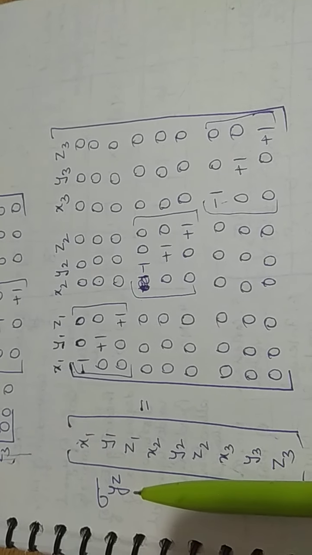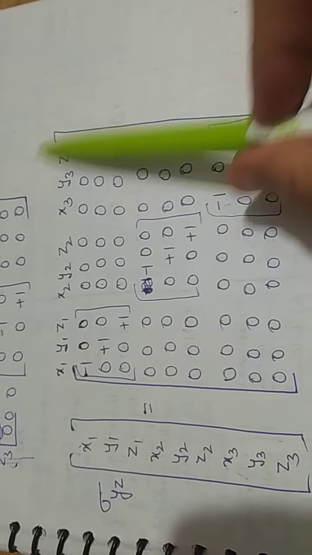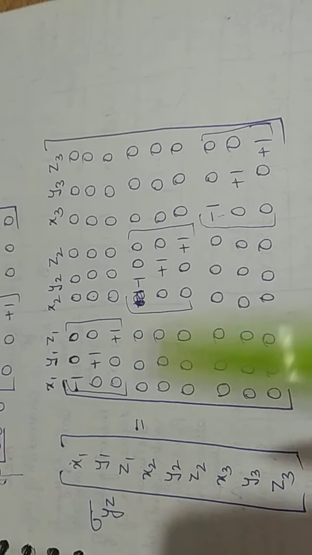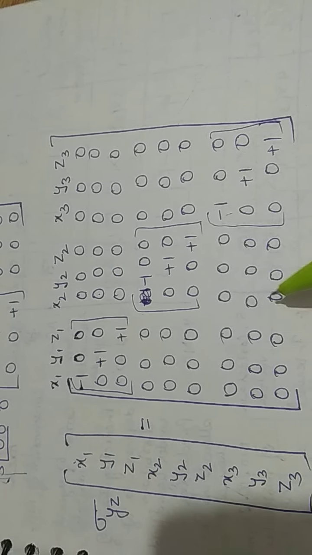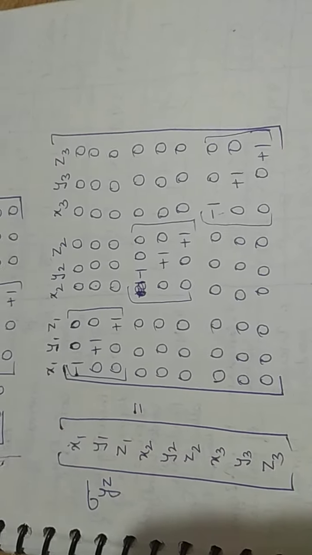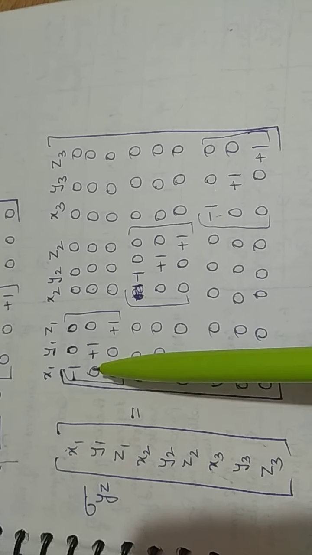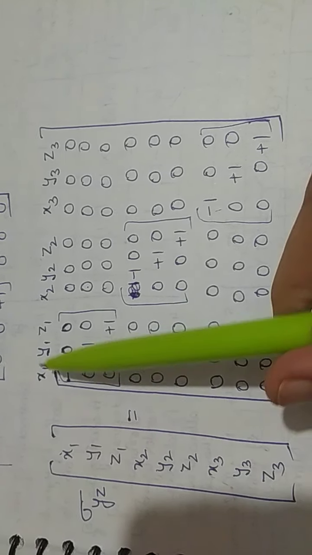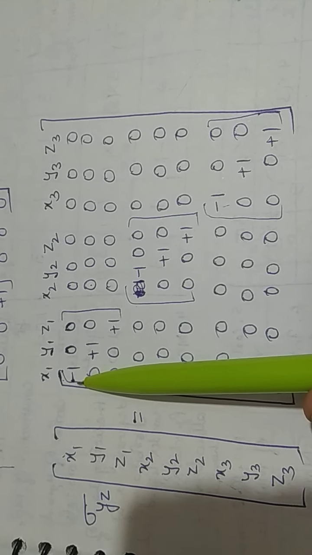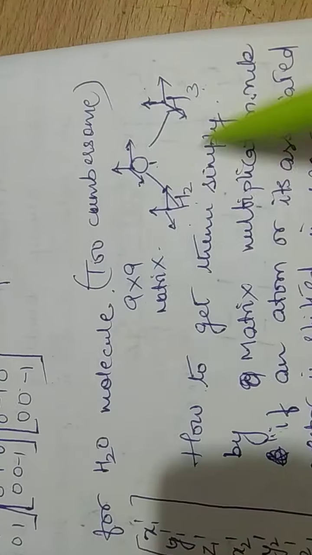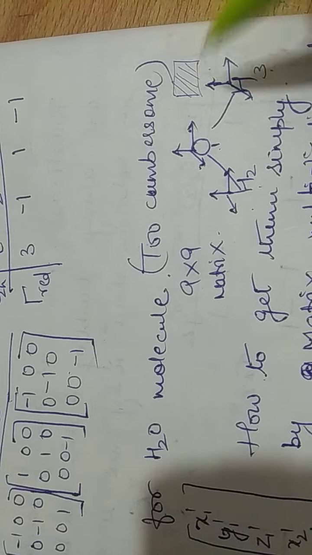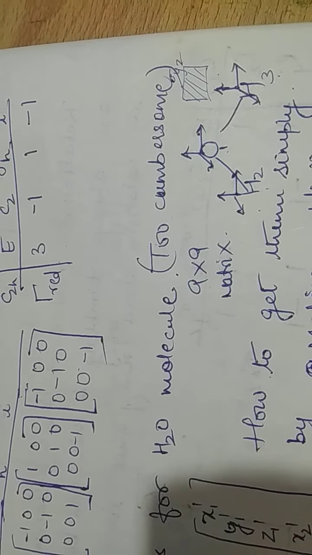Then sigma yz. This is the transformation matrix. This is yz, we know that. So how is yz applied? It is at the center of the molecule. You have to just see where you are applying this yz. So what happens when yz is there? Y and z will stay positive and obviously x will change in sign. And which one will go to which one's place? Let's see. Which one is sigma yz out of these? The yz we are taking is this one. This is sigma yz we are taking.